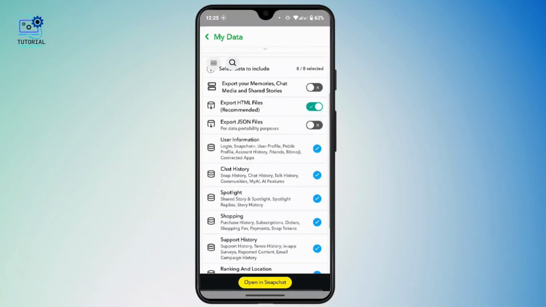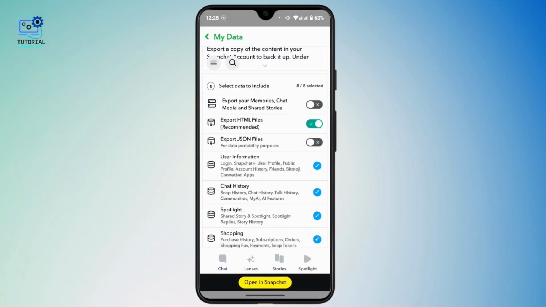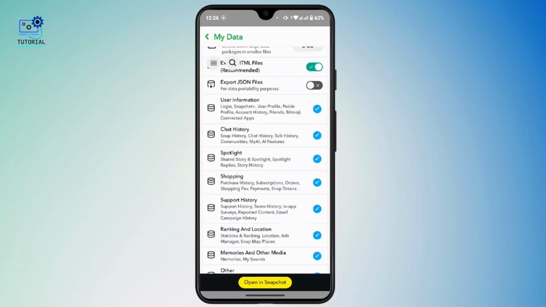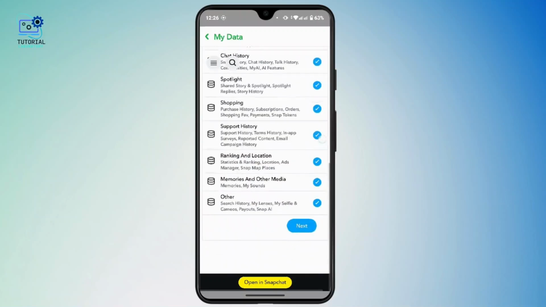Scroll down a bit. Now you have to select the data that you would like to include. First of all, it says export your memories or chat, so you can turn on that toggle as well. Scroll down a bit and there you get to choose the option, and once you're done with that, tap on